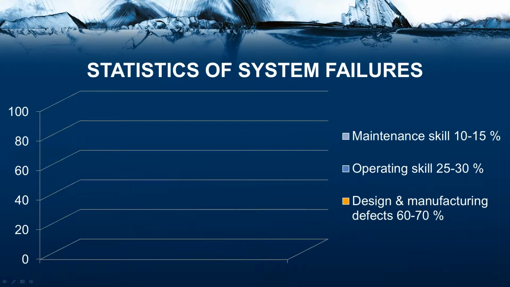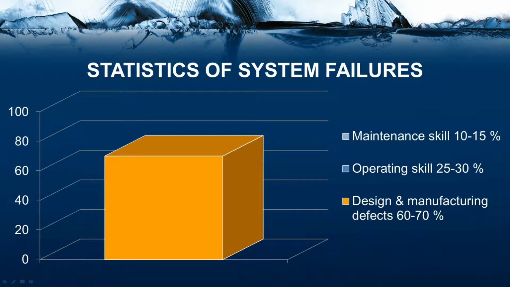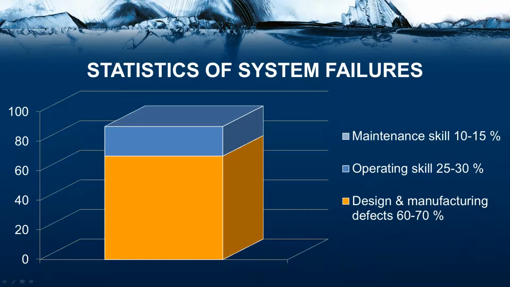Okay, now once we have looked into that, I will present you some statistics of system failures. It's very interesting to see. If you look here, 60 to 70% of failure is due to design and manufacturing. As I have been telling, a designer introduces more than 50% and the rest during manufacturing. But interesting is that operators also take their own share of more than 20 to 25% of the failure